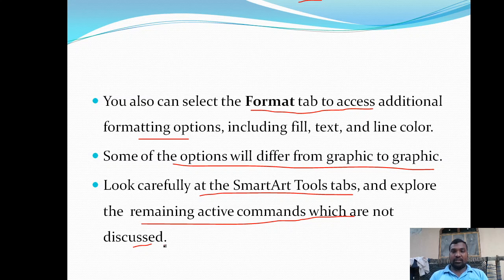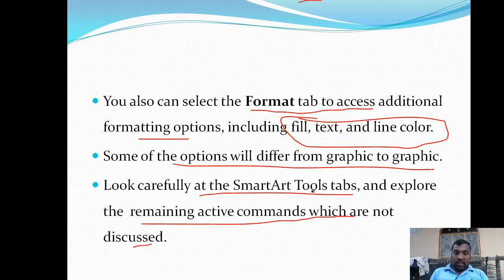Okay, so here I have not discussed text and line colors and fill colors, style, etc. And some of the options will differ from graphic to graphic. Okay, so that I have not discussed here.